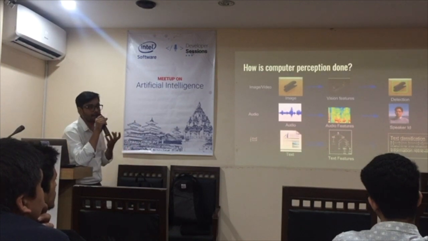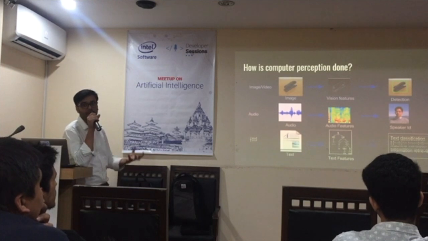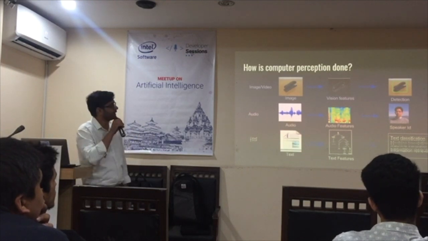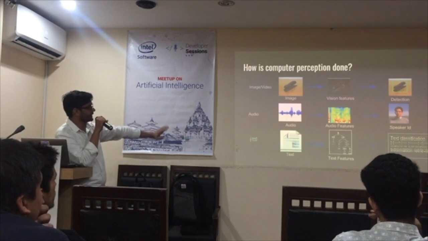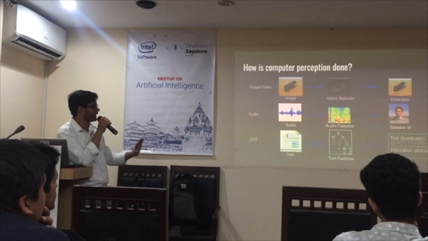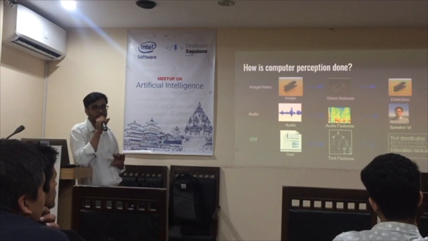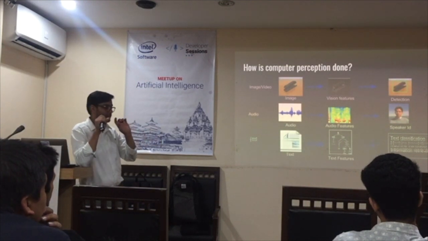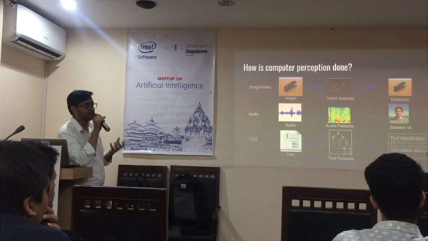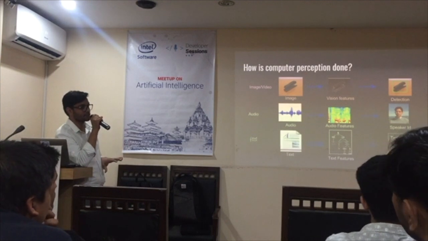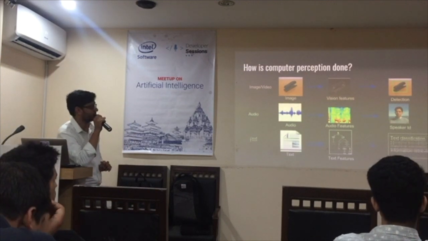How can we apply machine learning to solve AI problems without coding explicitly? Here are the steps. We have lots of data: image data, video data, audio data, text data. I'm not talking about structured data. Structured data is in a meaningful format, so we can get patterns easily from it. But unstructured data is very complex and a hard problem to solve computationally.